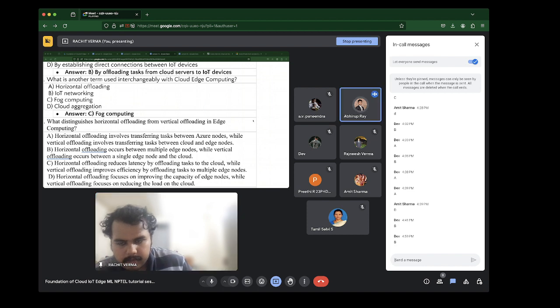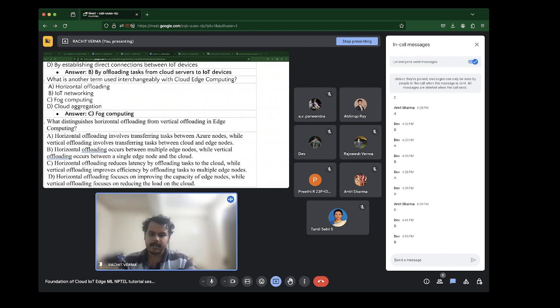But in the second part of D, why is it written between a single edge node and the cloud? Why is it written single? Is that word correct? Offloading can happen parallelly as well. But when offloading happens, the decision goes to one specific edge node, right? Even when offloading is happening at multiple edge nodes, one task cannot belong to two edge nodes simultaneously. That's what I'm saying, in the offloading process.